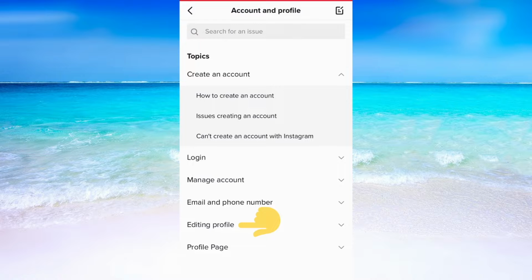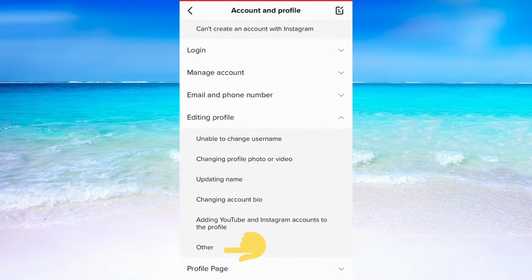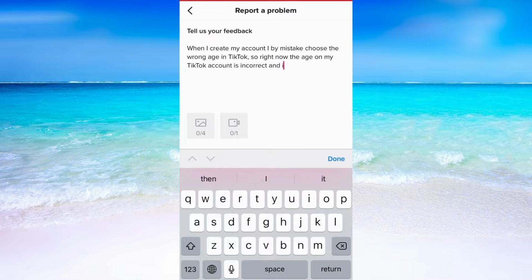In here, just click on editing profile. After that, we need to scroll down and click on other. So when you have done that and come to this page here, you will need to click where it says need more help. When you have come to this page, then you can start writing something like, when I